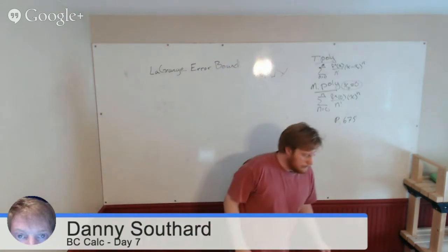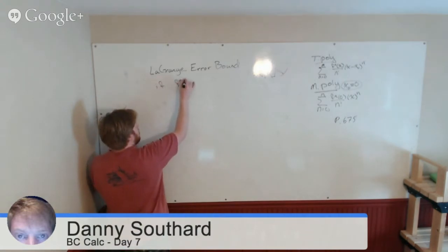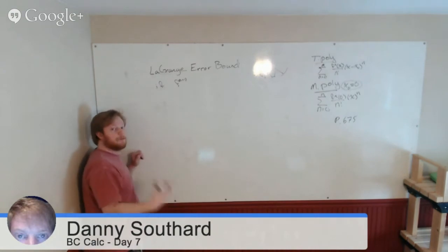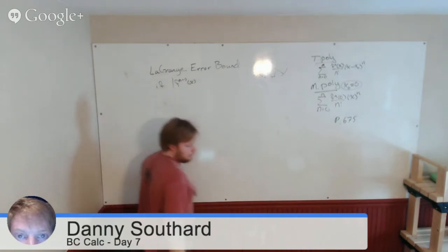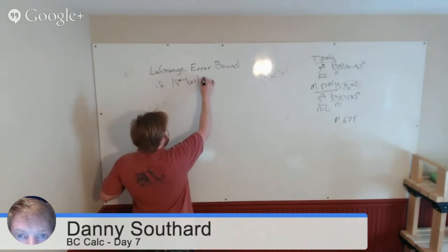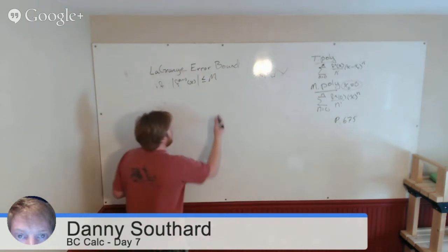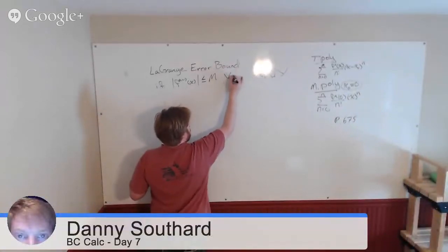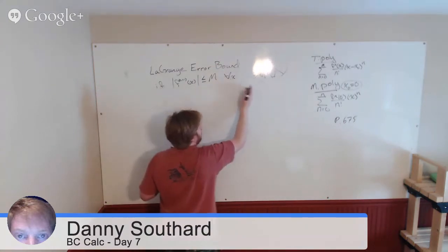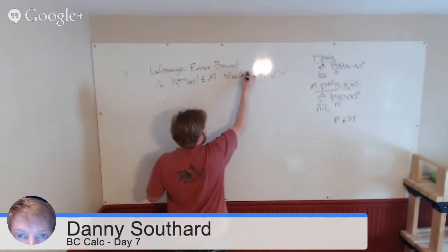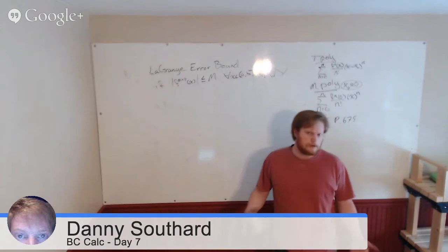Lagrange error bound. Okay. If the n+1 derivative of some function is less than or equal to some value M for all x in the interval, whatever that interval happens to be,